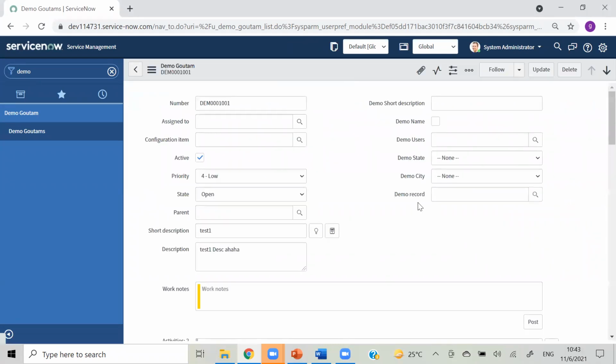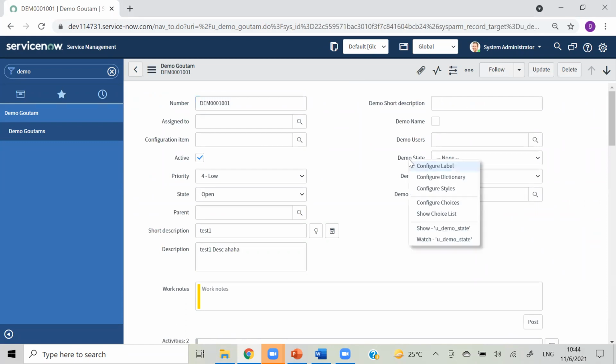So I was talking about configure dictionary. Yesterday also I told you that for 1 year, 2 years experience, they will surely ask about configure dictionary. So what are the things you can do from dictionary? One is adding those childs and making that dependent, all those things. And for some,